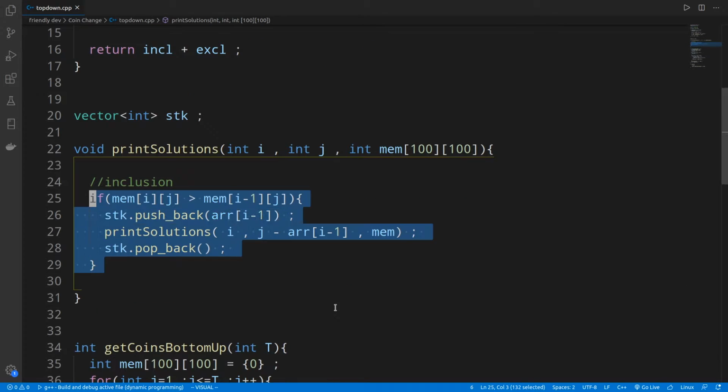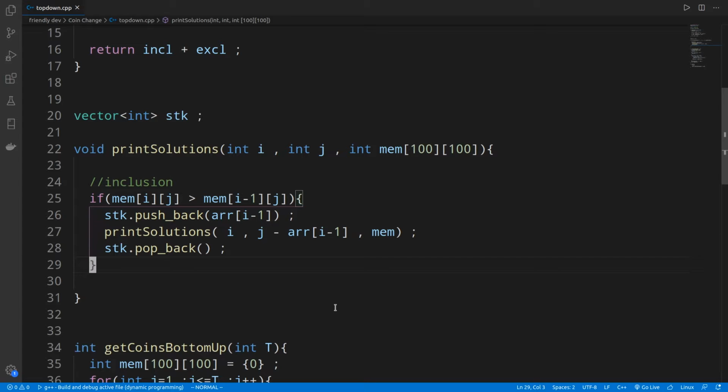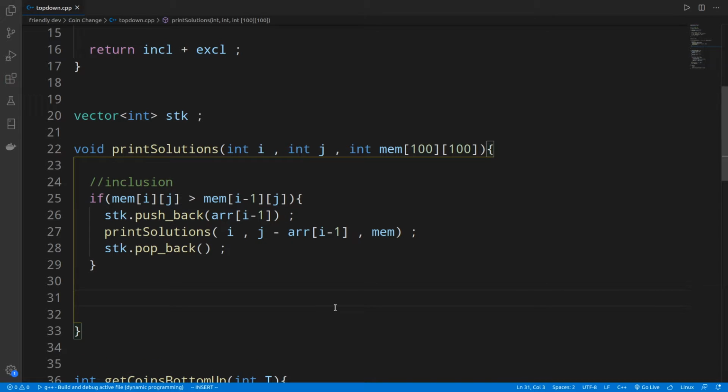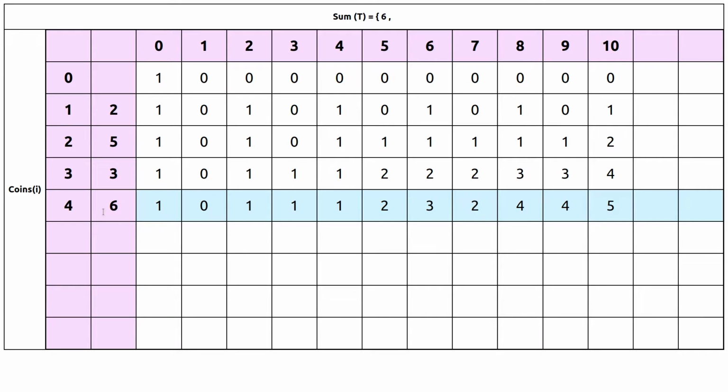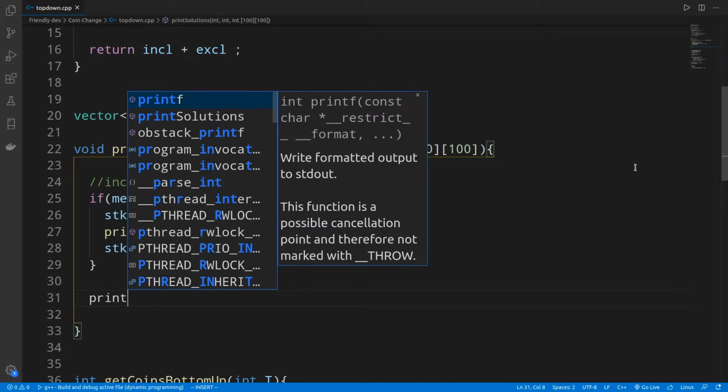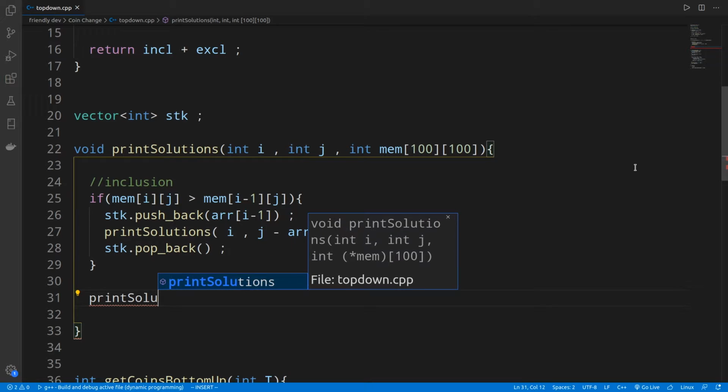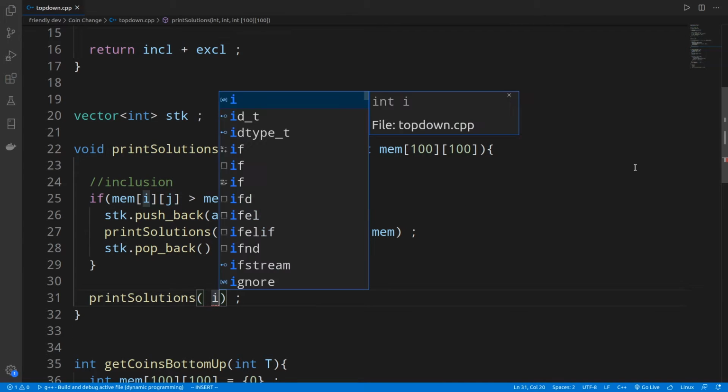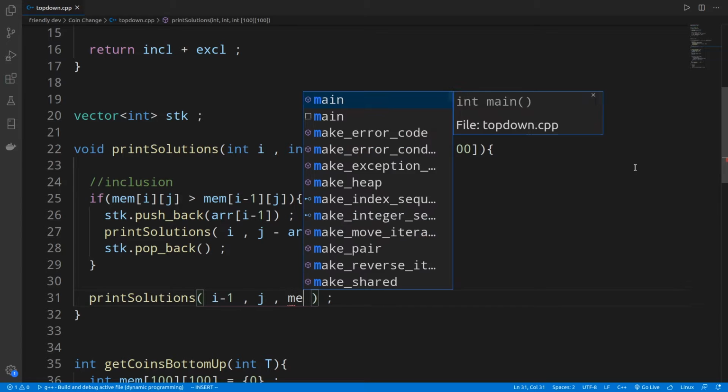This is the recursion choice for including the current item that we are looking at, and the other choice is we need to exclude the current coin that we are looking at and try to see what are the possible ways. Okay, so here when we are at the last cell, when we take that exclusion choice, we need to check by excluding 6, is it possible to sum up to 10 by using the remaining coins. Okay, so we just move to the previous row in the exclusion choice. Since we are excluding the items, there is no need to push anything into the stack. We just move to the previous row when we are excluding.